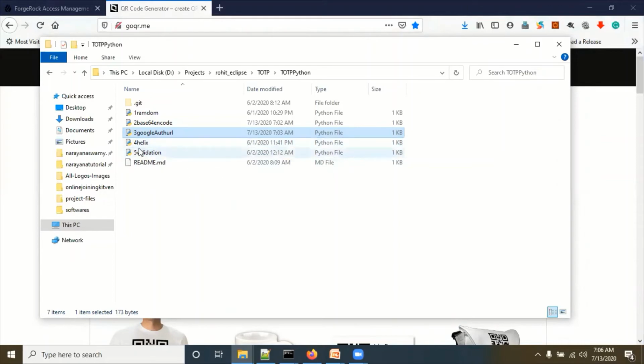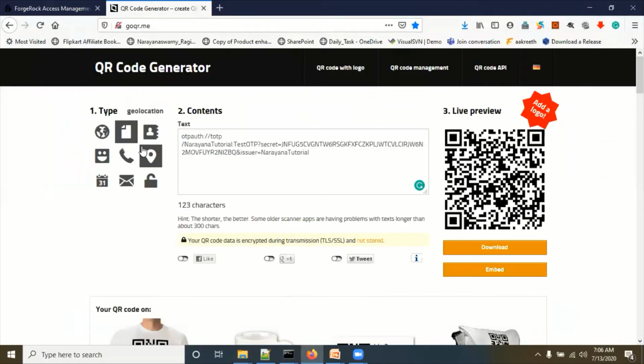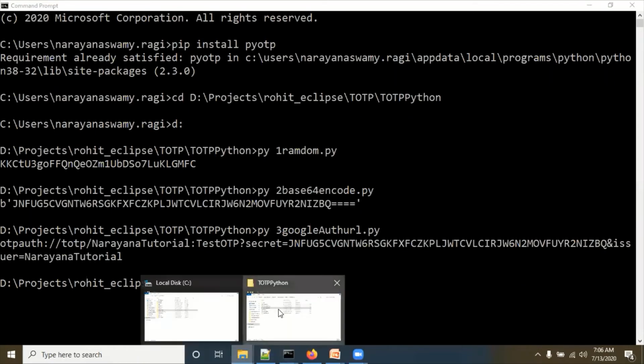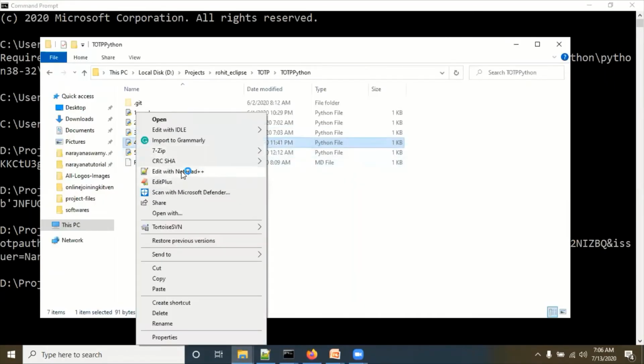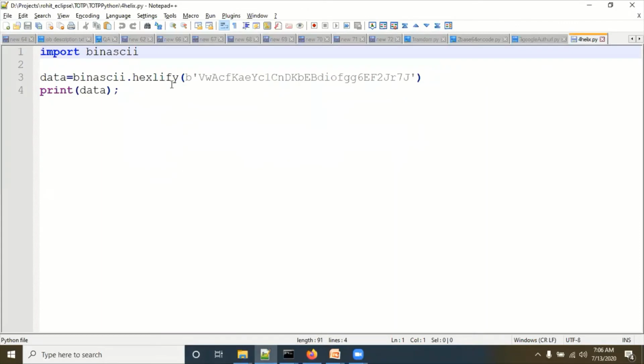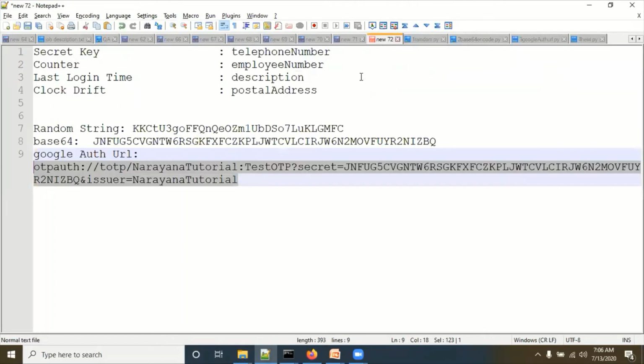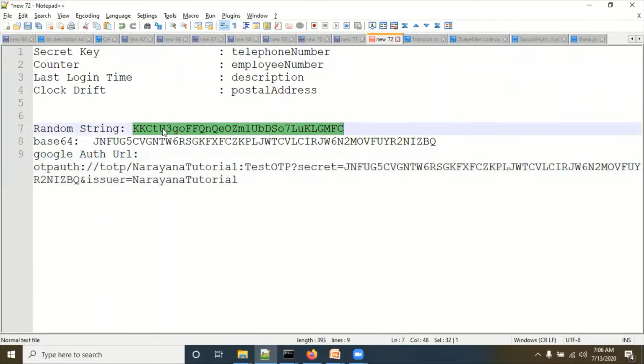Next, I will show you the fourth step. Open this file. Here we have to give a random string, not a base encoded URL.